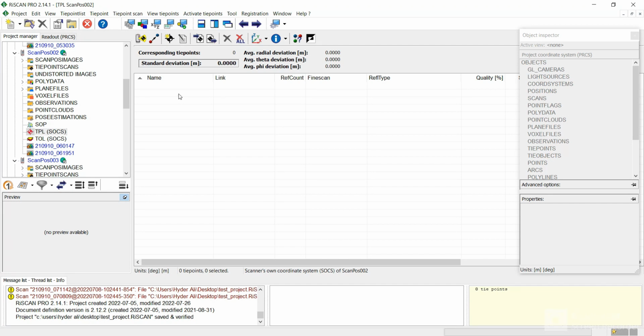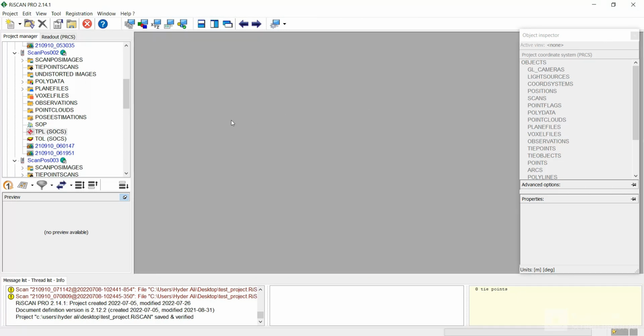But when I open the TPL SOCS in scan position 2, I can see that there is no reflector in this list. So if at least 3 TPL SOCS are not present in the entire project or in all of the scan positions, then we have to create the tie point on our own using manual method in RiScan Pro software. So for now